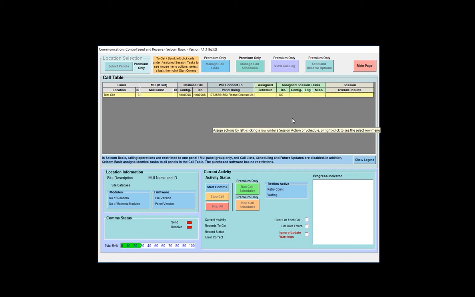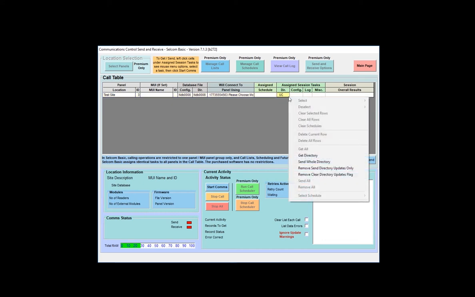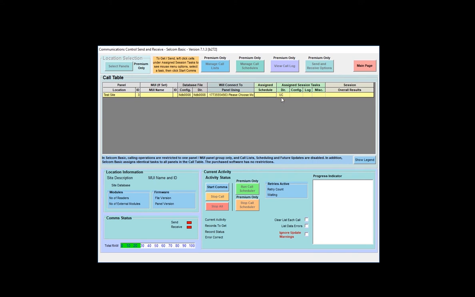This is also something you can do at any time. Let's say you do forget and you close out of your software and you come back later and you see that those were in there, but you know they went through. You can just clear the flags and get those out of the way so you can start programming with a fresh, clean directory. Now, just because I've opened this, you can see I can remove these if I decided I clicked the wrong thing. But I didn't. I have the UC under directory. I'm ready to go. And from here, I just start comms